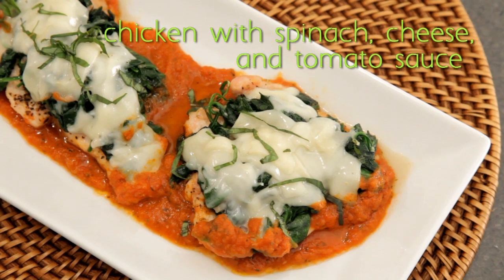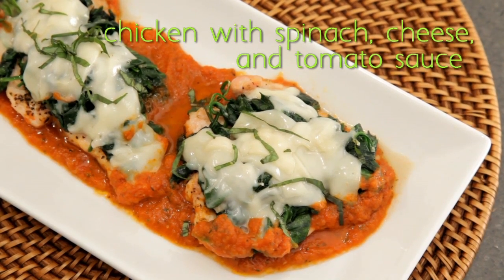Today we're going to do chicken with spinach, cheese, and homemade tomato sauce. So today we got all of these ingredients from Choice Green. Choice Green is a gourmet food market located right here in Clinton Hill, Brooklyn that specializes in fresh, seasonal, and local items. And they've got everything from cheese and charcuterie to produce and fresh juices. And I love that I can just go right down the street and get everything I need for one meal